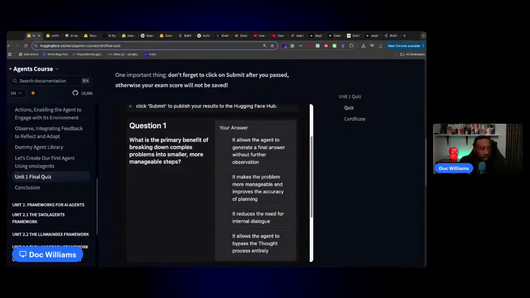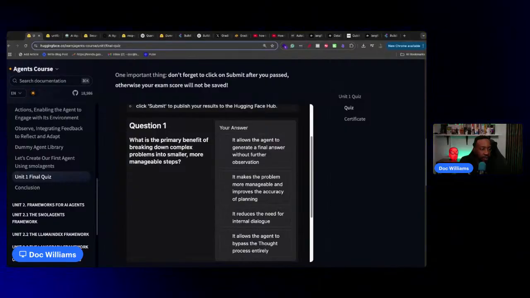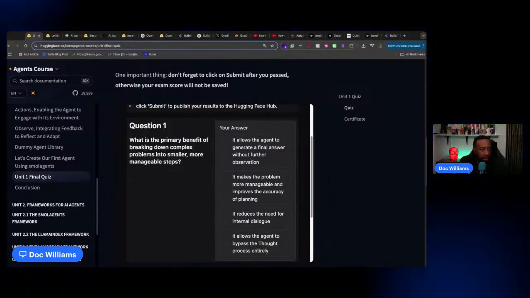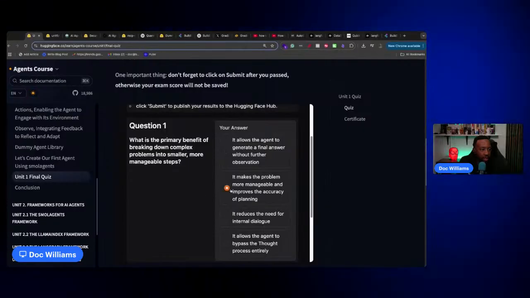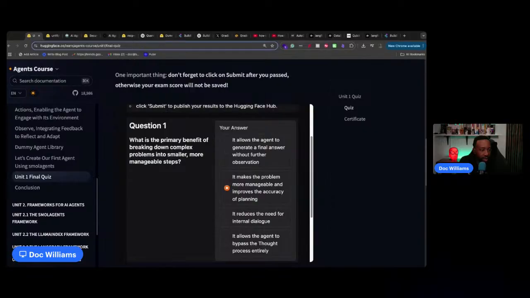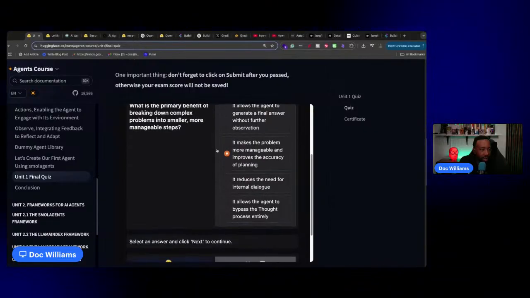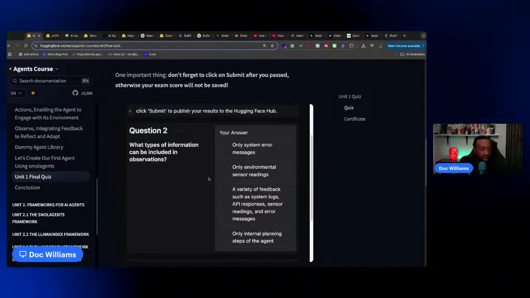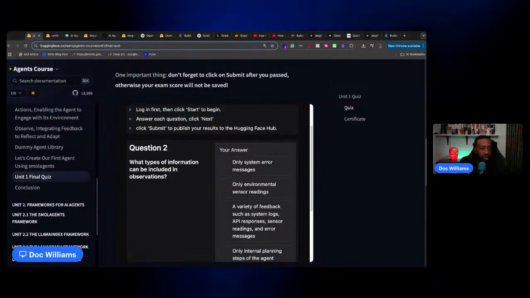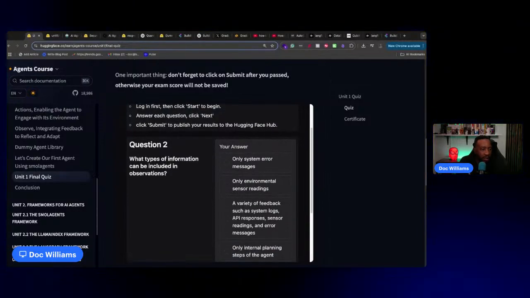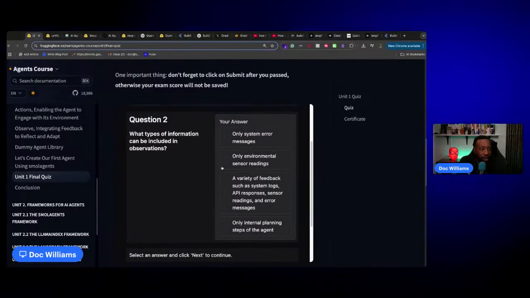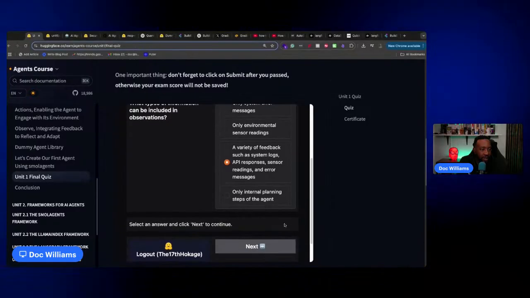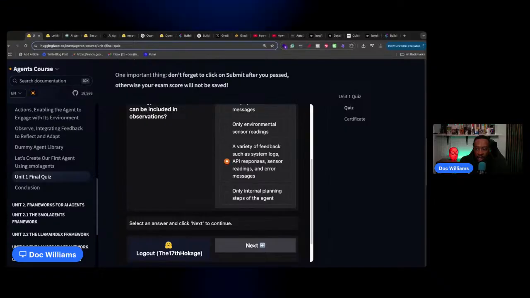Okay. What is the primary benefit of breaking down complex problems into smaller, more manageable steps? It allows agents to generate a final answer without further observation. It makes the problem more manageable and improves accuracy of planning. It reduces the number of internal dialogue. It allows the agent to bypass the thought. I think it makes the problem more manageable, improves accuracy. Let's go with next. Question two: what types of information can be included in observations? Only system errors, only environmental, a variety of feedback, systems, API response, sensor readings. It's that one, only internal. Next,